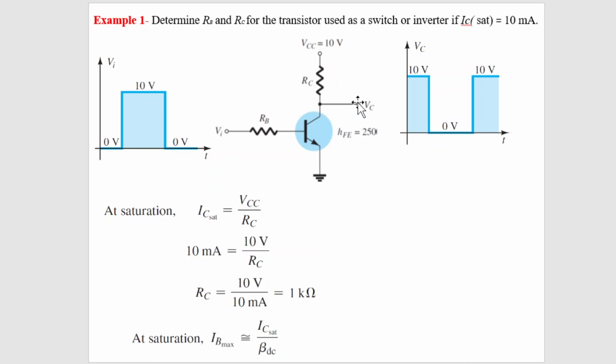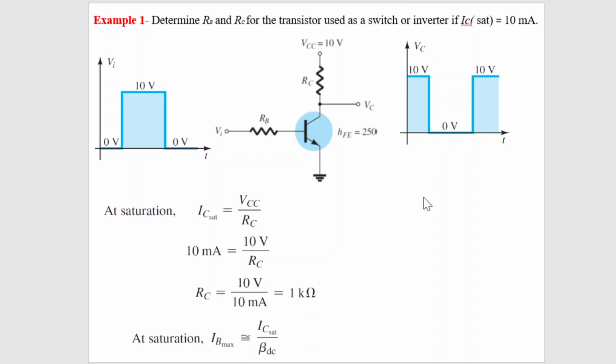So now if you measure the voltage at the collector with respect to this ground, zero voltage will be there. Okay, so when the input voltage was zero, the output signal was maximum. When the input signal was maximum, the output signal was minimum. So here you basically invert the signal, so that is why this is also known as an inverter.